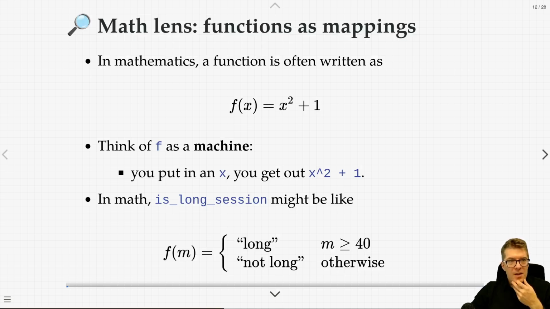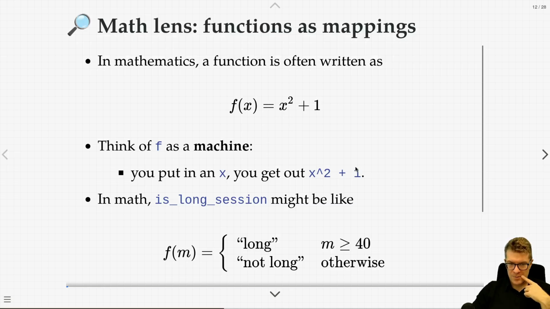I want to jump into the math a little bit. So you might have heard of functions in math. So in math, a function might be written like something like this. We have a function f, takes an input x, and then how is this function defined? Well, this function is just x squared plus 1. So you can think of this mathematical function as a kind of machine also. You put in a value for x, and then you get out x squared plus 1, written out here as